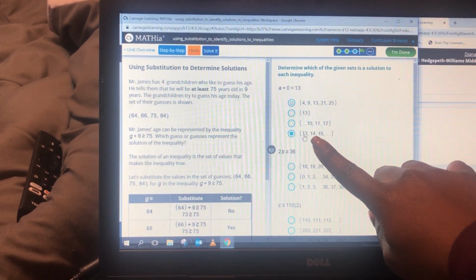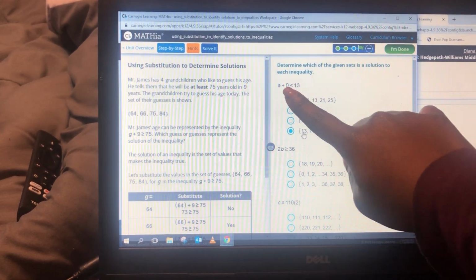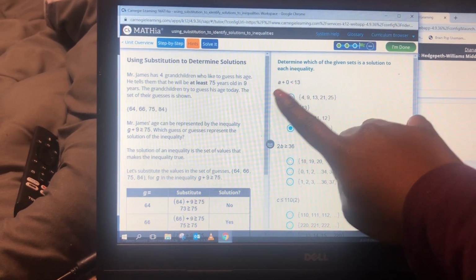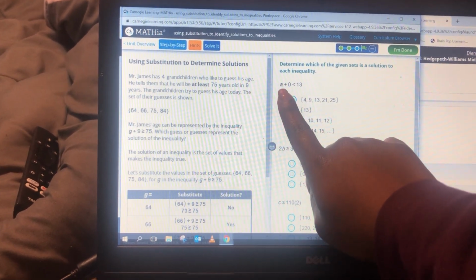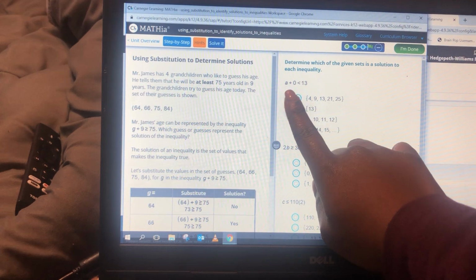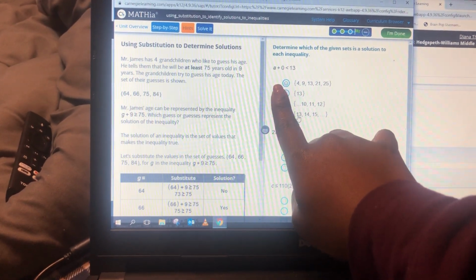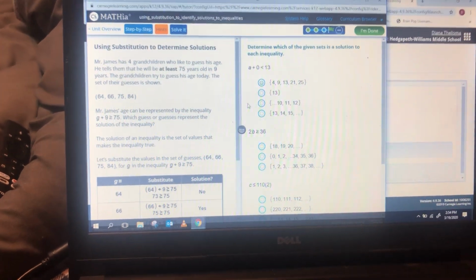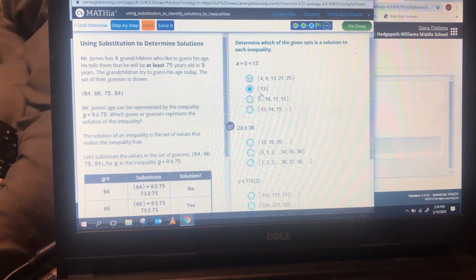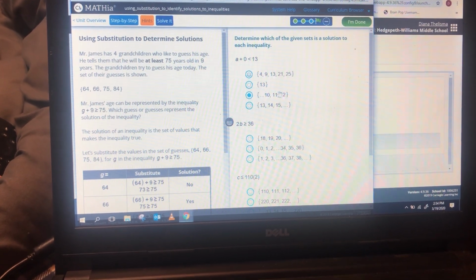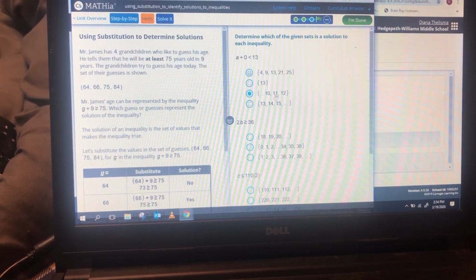Now 14 plus 0 is 14, and 14 is not less than 13. 15 plus 0 is 15. 15 is not less than 13. So the only good set of choices for this inequality